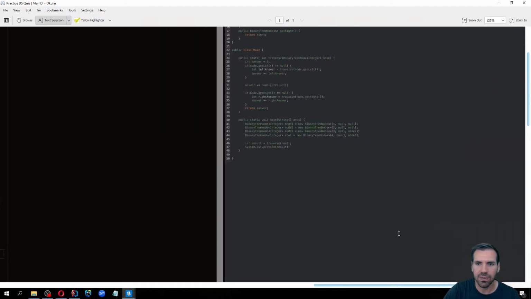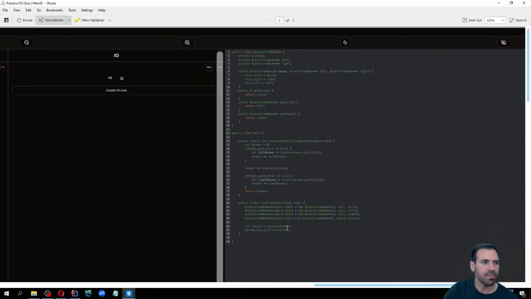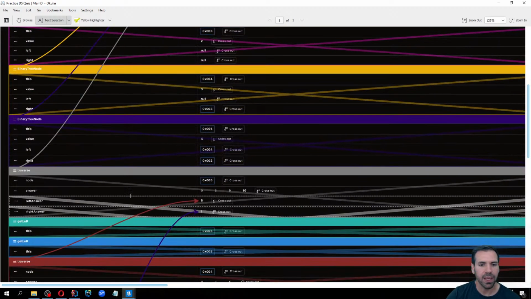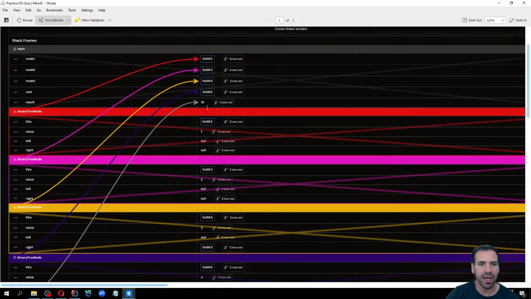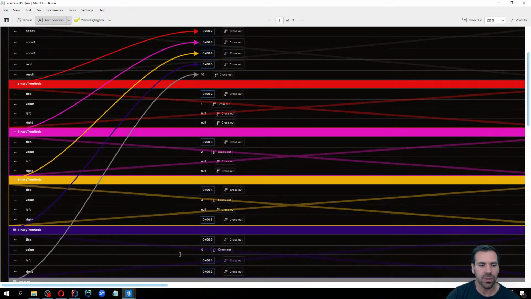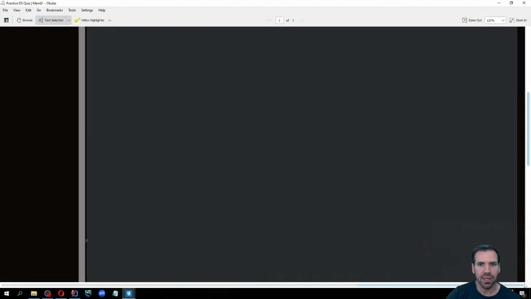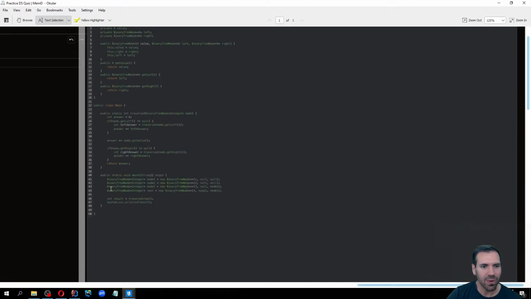And then traversal, this is where things really get deep. So traverse takes the root node. This one is a static method, so there's no this in the stack frames for traverse. It's just node, and node starts at root. So our first traverse stack frame is where node is 0x005, which is the value of root. So we start off with 0x005, and then the first thing we do in this method, this is going to be a pain going back and forth,